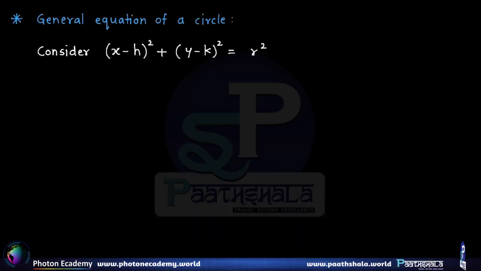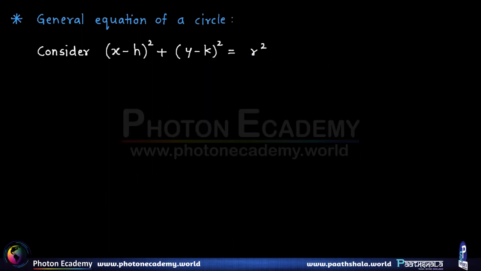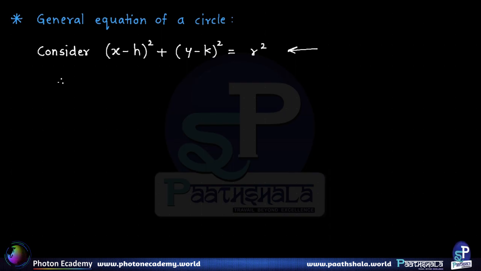Now we learn what is called the general equation of the circle, or the general form of the equation of the circle, which is the most important form, because that is used most often, and that gives us the different parameters of the circle. Let us consider the center radius form first, that is (x minus h) the whole square plus (y minus k) the whole square equal to r square, where h and k are the coordinates of the center and r is the radius. So suppose we expand this, we get x square minus 2hx plus h square plus y